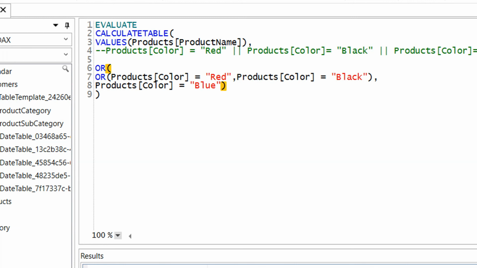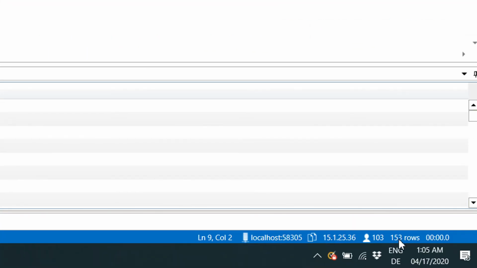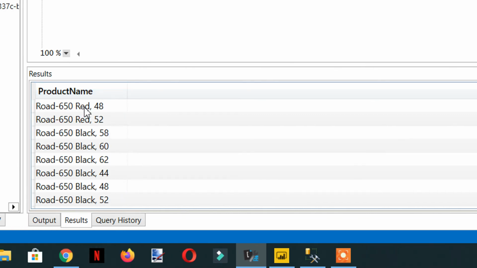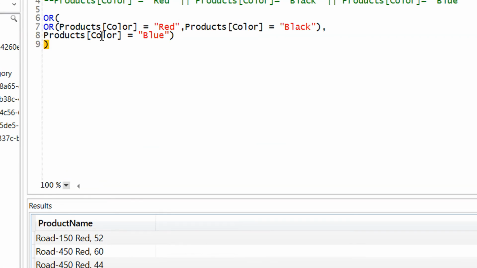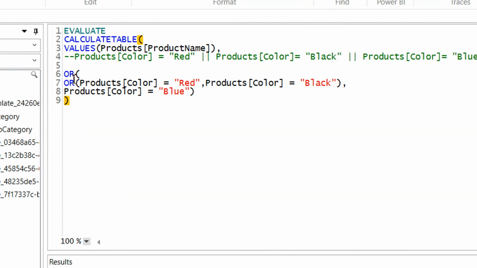So that's it. And now we can run this, and here you can see we are again getting 153 rows, and these are the underlying products. So these are the two variations for the IN operator. Either we can use the pipe sign or we can use the OR function.